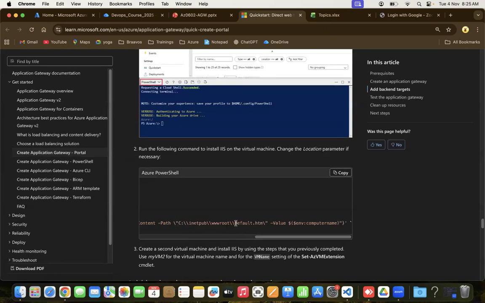Inside the default directory, default.htm keeps the value of that server name. So this will return slash $env computer name. Generally this will give your computer name, like,